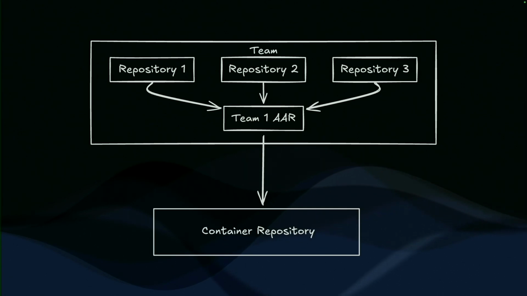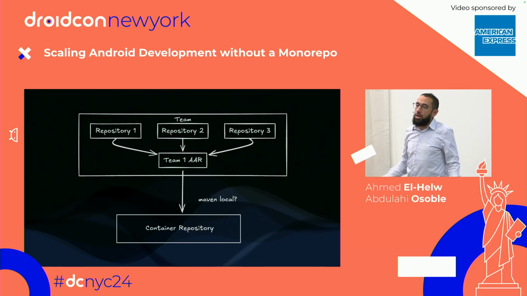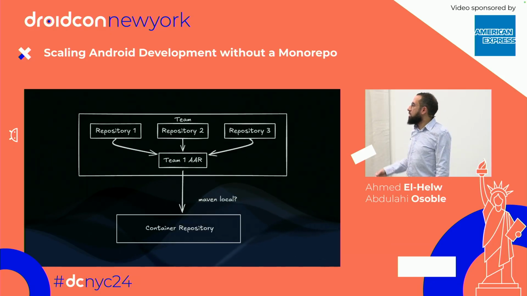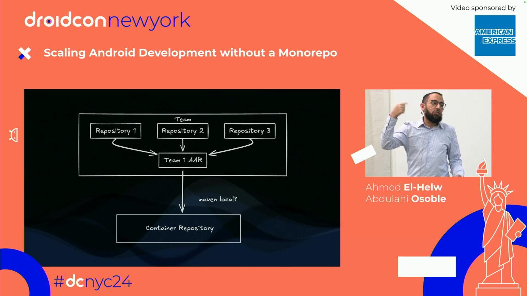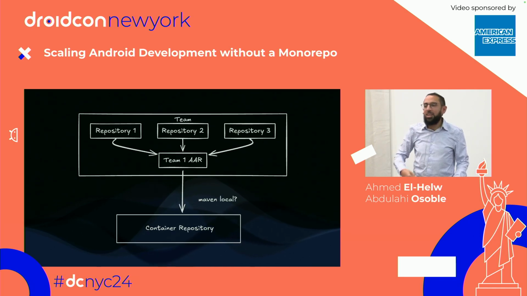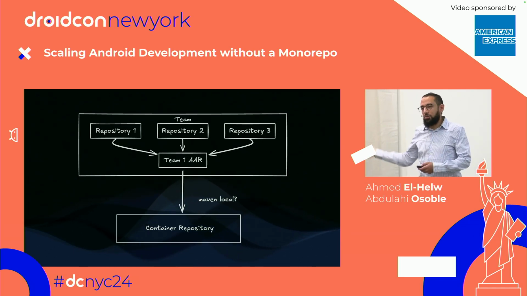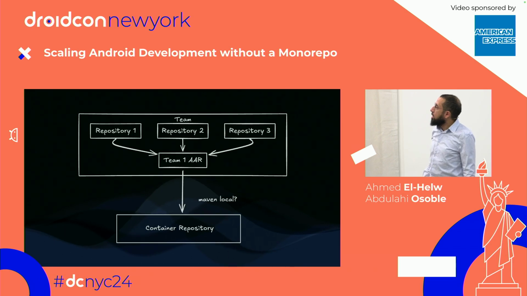Maybe the first most obvious answer would be Maven local, right? But it's a bit painful, because that means that me as a developer, I need to push my changes to Maven local. Then I need to go and open probably another Android Studio project that has a container, bump the version of the dependency to the snapshot version, then build and test, and oh, I have a bug, and I have to go back, and it's tedious, right?